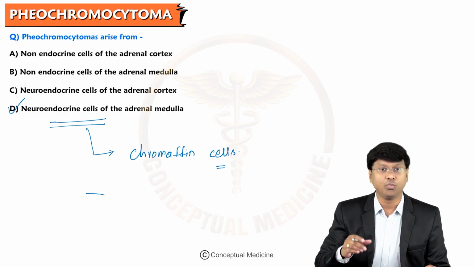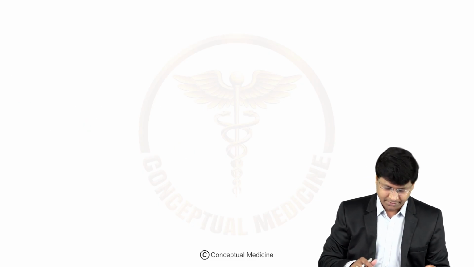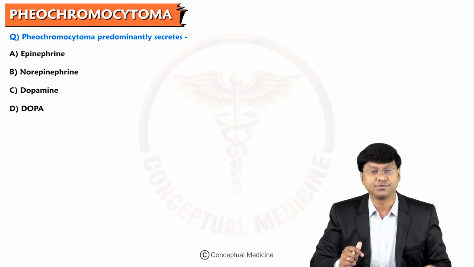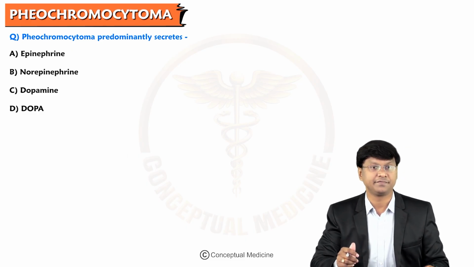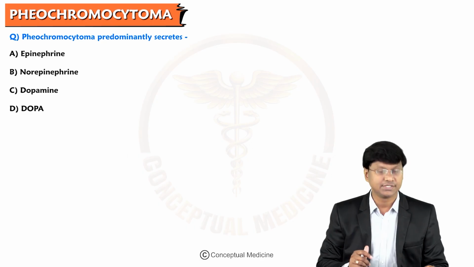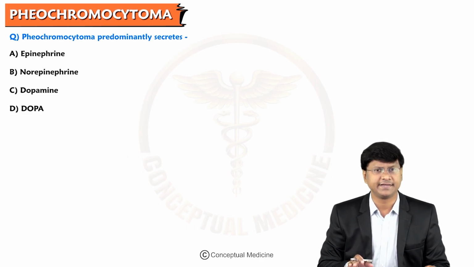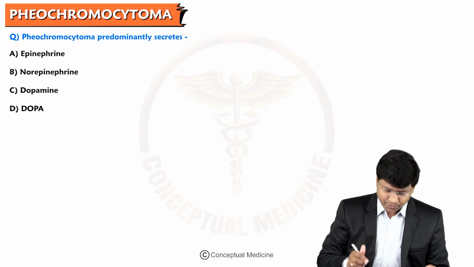Now you should know what is the hormone which is predominantly secreted in Pheochromocytoma. If you see this question over here, Pheochromocytoma predominantly secretes: the options are epinephrine, norepinephrine, dopamine, and as well as dopa. So you should know the hormones. As already I have told you, the hormones which are being produced by the adrenal medulla are epinephrine as well as norepinephrine. You take physiologically,